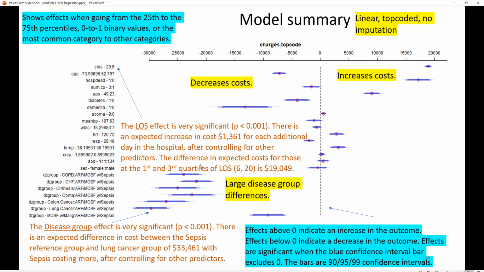that expected difference is $19,049. That's a big increase in cost, going from a low length of stay to a high length of stay for seriously ill patients. And at the bottom, the last rows in this graph, we see different confidence intervals between